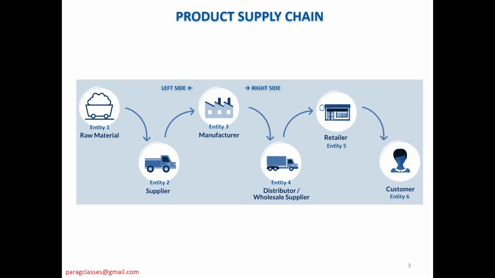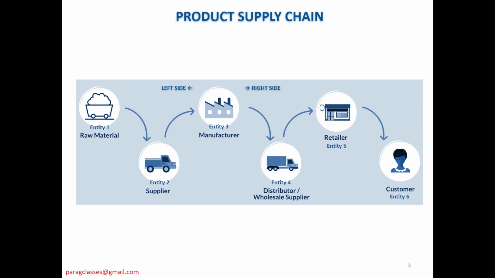Let us try to understand the simple example of a product supply chain as shown on screen. How a product supply chain works from raw material provider to product consumer, the end customer. In this product supply chain, businesses that are involved between different business entities are starting with the raw material provider who supplies the raw material to the raw material supplier who delivers the raw material to the product manufacturer, from where